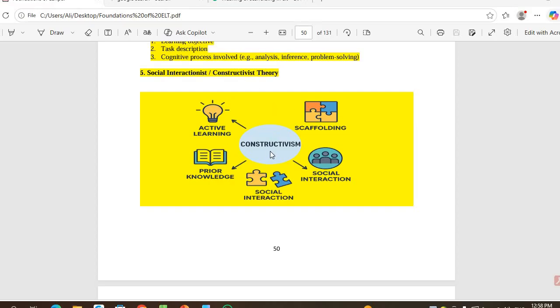If you look at the diagram here, you can see it has to do with teachers providing that kind of scaffolding and the motivation for the students, and the social interaction. So this theory is based mainly on the social interaction among people and among the students, either in your daily life or among your peers. And then it depends mainly on your prior knowledge. You build the process of learning on what you already know, your prior knowledge, and then it's a kind of active learning that has to do with scaffolding and the motivation that is being provided by the teacher to elevate